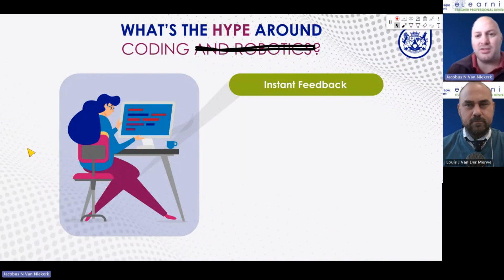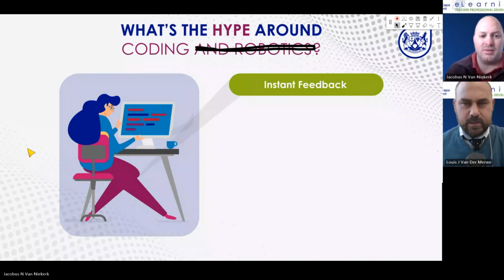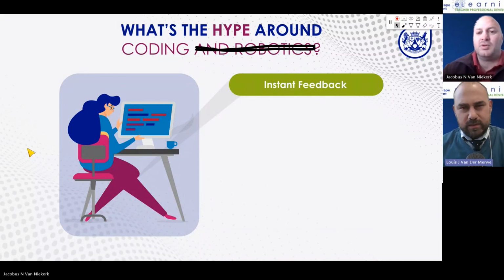But instant feedback is such an important thing. So Louis, how does coding give us instant feedback, and what makes us different? My experience is that when a child starts coding and learns how to code, he tries something and it doesn't work. And then you guide him a little bit, or you give him a hint, and he works at it, and then suddenly it works. And that moment of enjoyment, that pure utter bliss of this thing that I've built with my mind is now working. It's instant feedback. It's also instant the other way. You can immediately see when it's not working. You can immediately see when it's working. So it's a very easy self-motivational loop that just keeps on going.